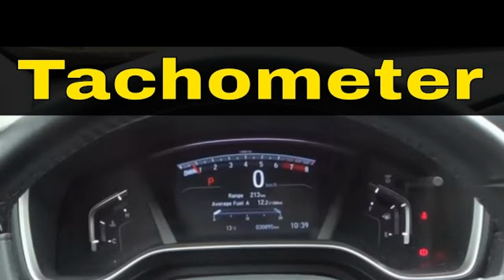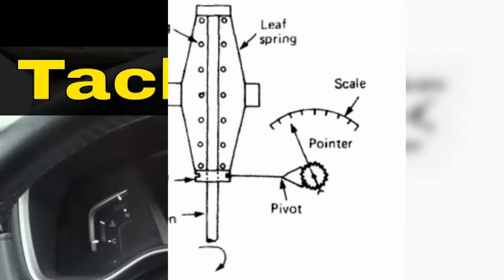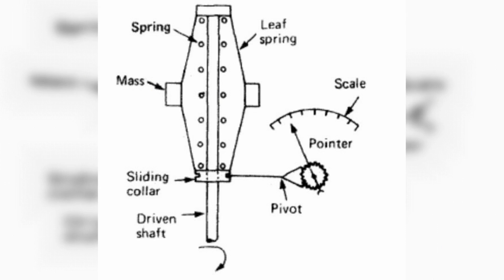Tachometer. Principle of operation. In conclusion, understanding how a car tachometer works can greatly enhance your driving experience. This essential instrument not only provides real-time information about your engine's RPM but also helps you optimize performance and fuel efficiency. By keeping an eye on the tachometer, you can ensure that your vehicle operates within its ideal range, ultimately